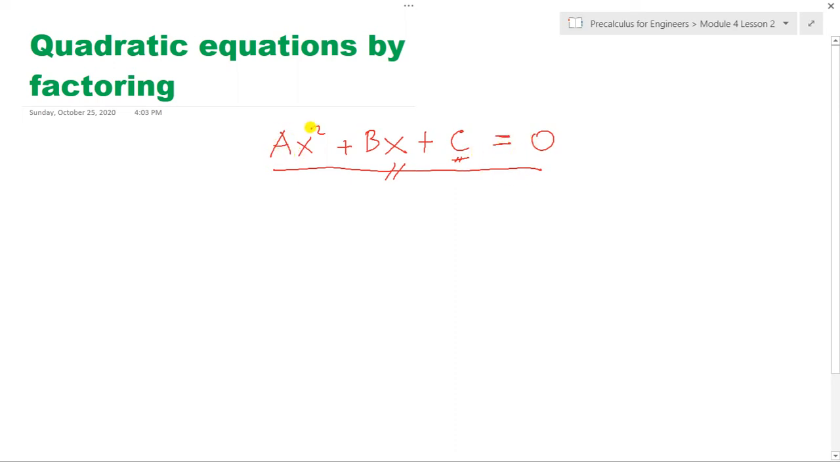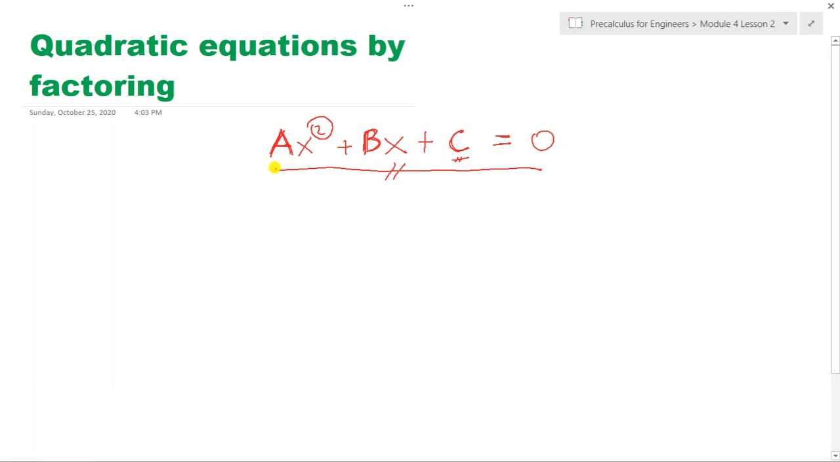And as you've noticed, this is quadratic because the highest exponent is to the power of 2. And then a stands for the leading coefficient, the coefficient of our leading term. b stands for the coefficient of the middle term, and c would be considered as our constant. So if we already have this form, then